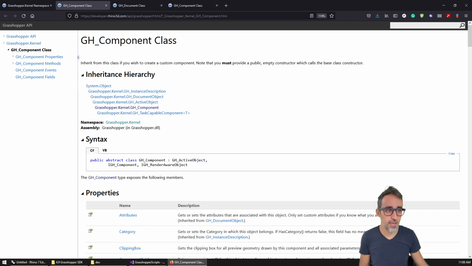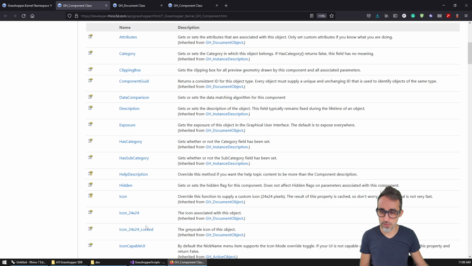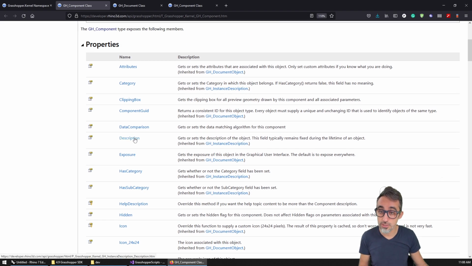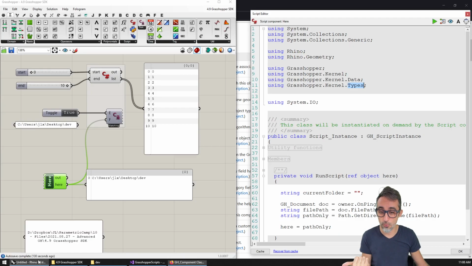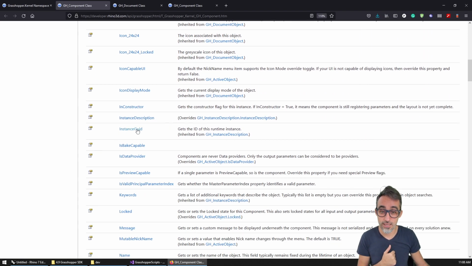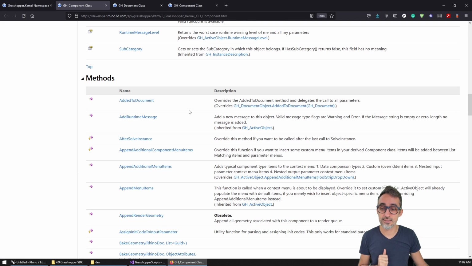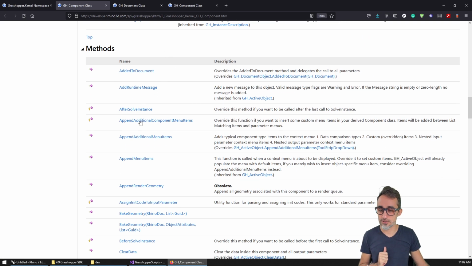So for example, this has access to an icon, a description, it has access to attributes, the category that this is living in, so if we write code we can know which category that component lives in, for example. We can have access to that. We can have access to the instance global unique identifier. I will talk about why that's important very soon in some examples. And then I have a bunch of